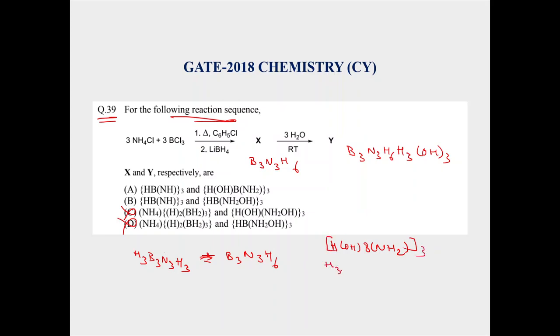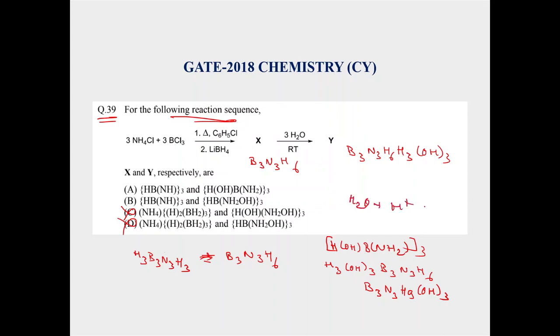So H3, OH3, B3N3, H2 times 3 is 6. That is what we say, this one B3N3H6, or in total we can write as H9 and OH3. Whereas here it is given as NH2OH, but